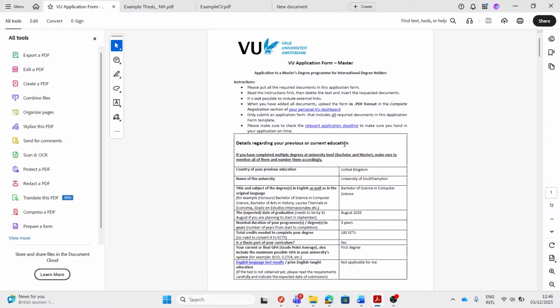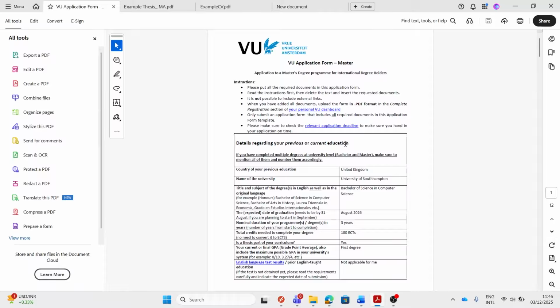If I had multiple applications for the same faculty, I would be sure to check if there are any differences in the forms. For master applications, there are several programs with specific forms, so please do check our website for that. There is also a section in my VU dashboard that asks me for an English language proficiency test, but in the application form I read that this is not needed at this stage, so I'm going to look at that again later.